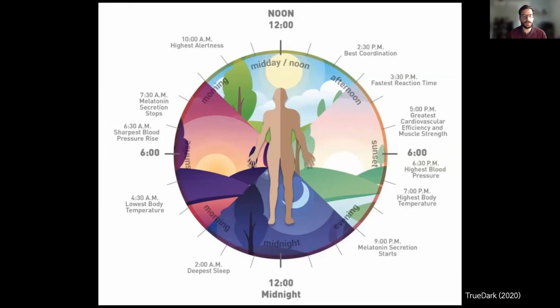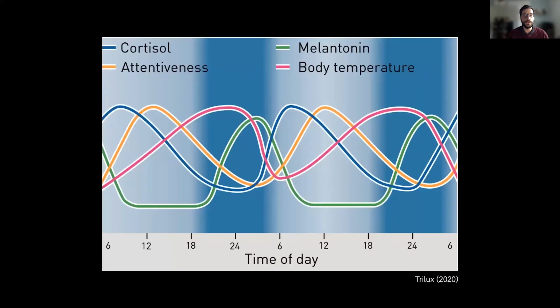And I want to discuss especially two hormones of our body. The first one is cortisol, and the next one is melatonin. Cortisol is a hormone we need to be active during the day and to have great attentiveness. Here you can see that over the day, in the morning, cortisol is rising, is increasing, and followed by this cortisol, the attentiveness and activeness of people is increased over the whole day.